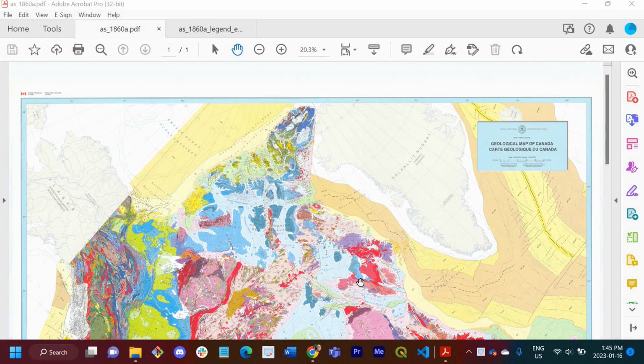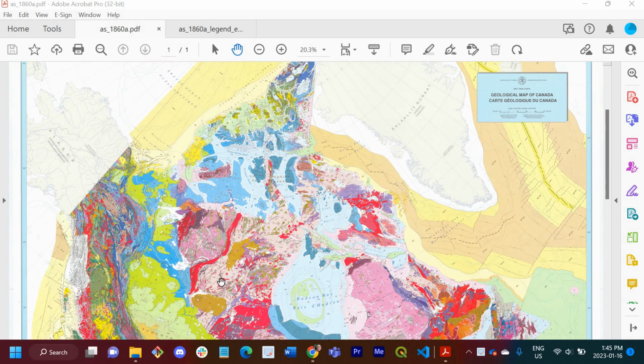Alright, so I'm just going to go over one more example of a geological map, which is symbolized differently from the first one. This is a geologic map of Canada produced by the Canadian Geologic Survey, which is a branch of Natural Resources Canada. And you can see that it deals not just with the terrestrial bedrock geology, but also the marine bedrock geology